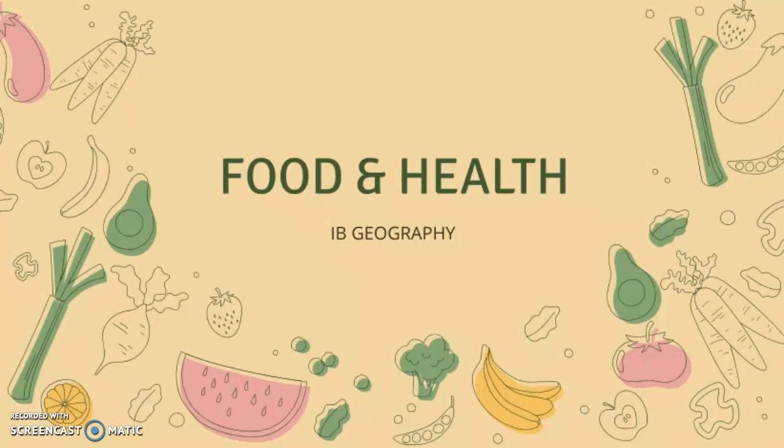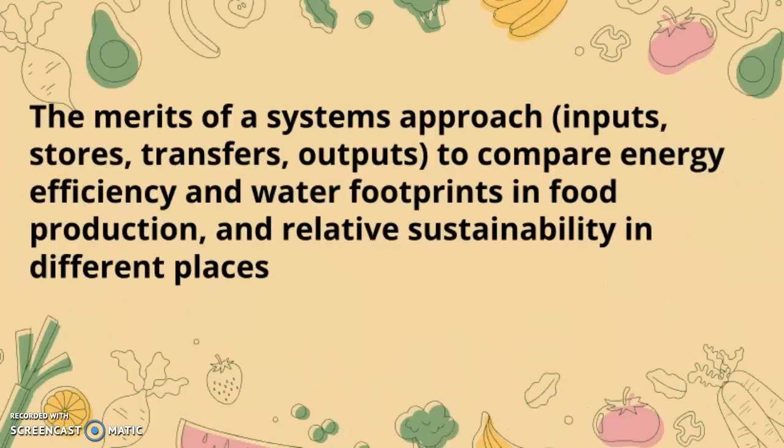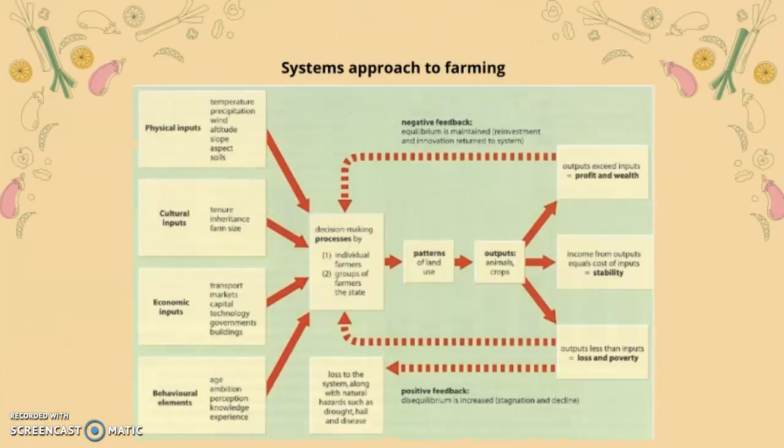Okay, so this video is going to be Food and Health IB Geography, the merits of a systems approach, inputs towards transfers outputs to compare energy efficiency and water footprints in food production and relative sustainability in different places. So this is a systems approach to farming which has physical inputs, cultural inputs, economic inputs, and behavioral elements. Those are all considered inputs into the decision-making processes by individual farmers or groups of farmers,